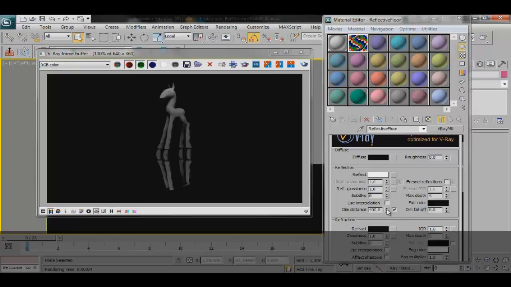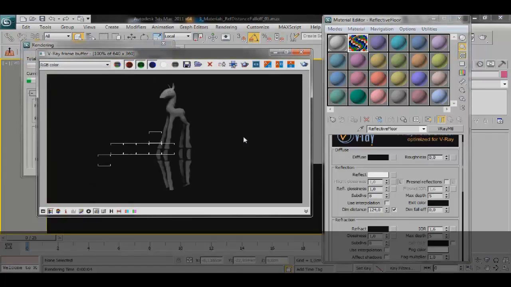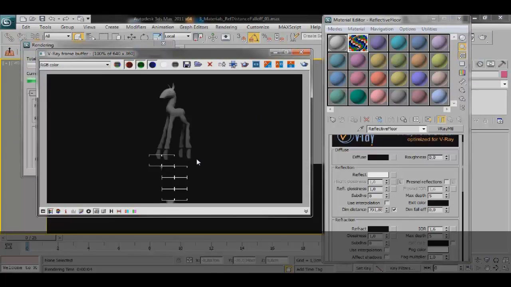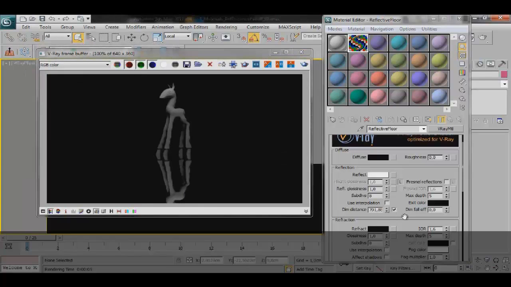The dim distance parameter, if you adjust this to a smaller number, you'll see that the reflection stops much faster, and then you can extend it and you get more reflections. Of course, this